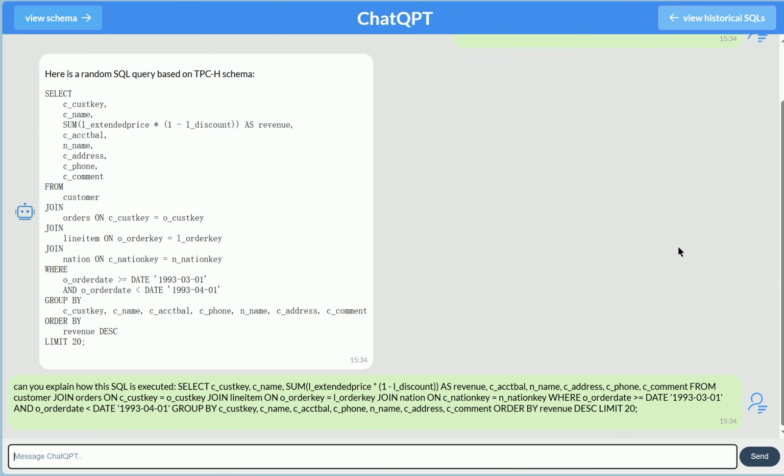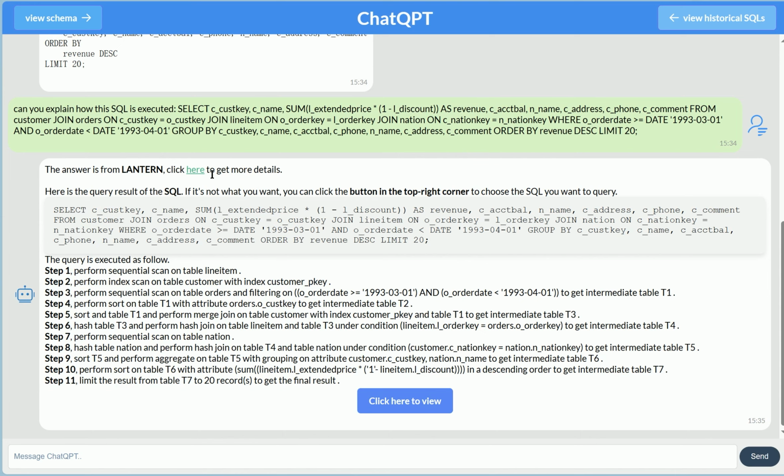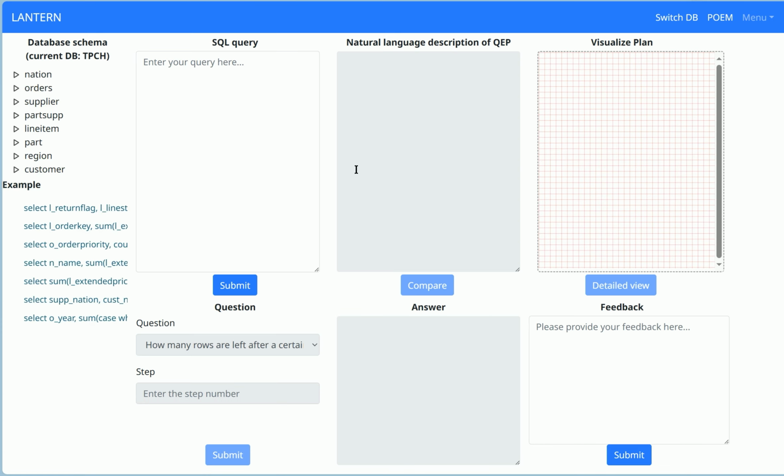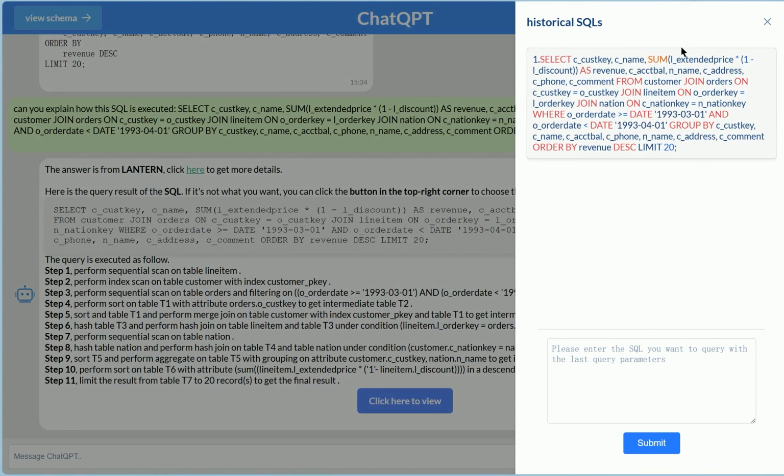The answer is divided into 4 parts. The first part indicates that the answer was generated by Lantern and provides a hyperlink to Lantern, which can be accessed directly by clicking on the hyperlink. The second part provided by the Hallucination Management Module shows the SQL queried by ChatQPT, which helps us determine if it is the expected answer. If it's not the one we want to query, we can click the button to view historical